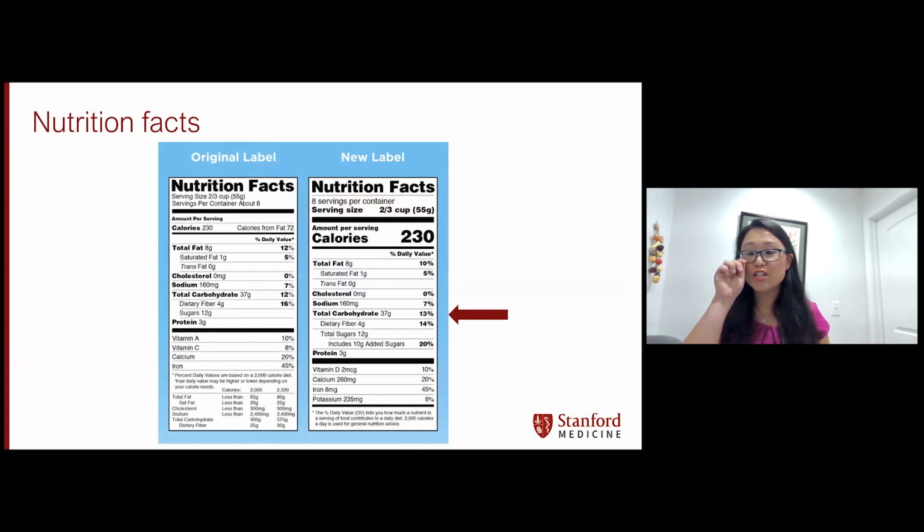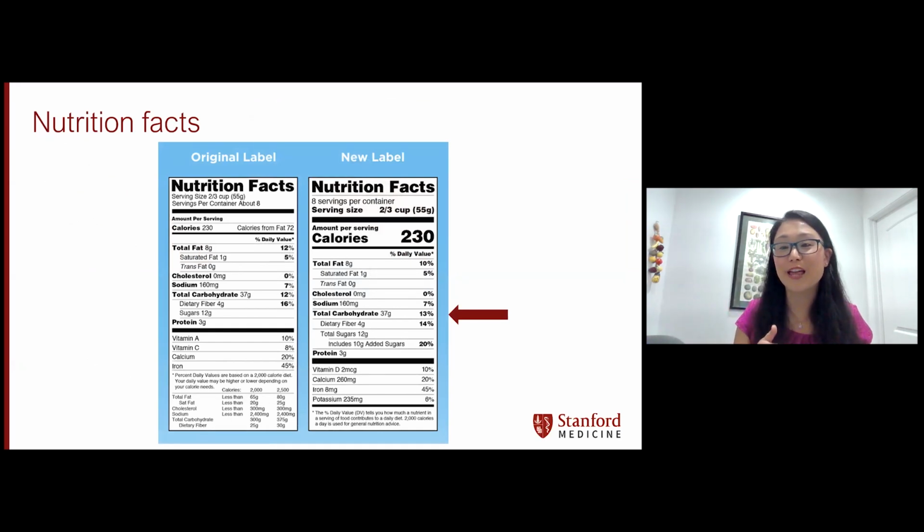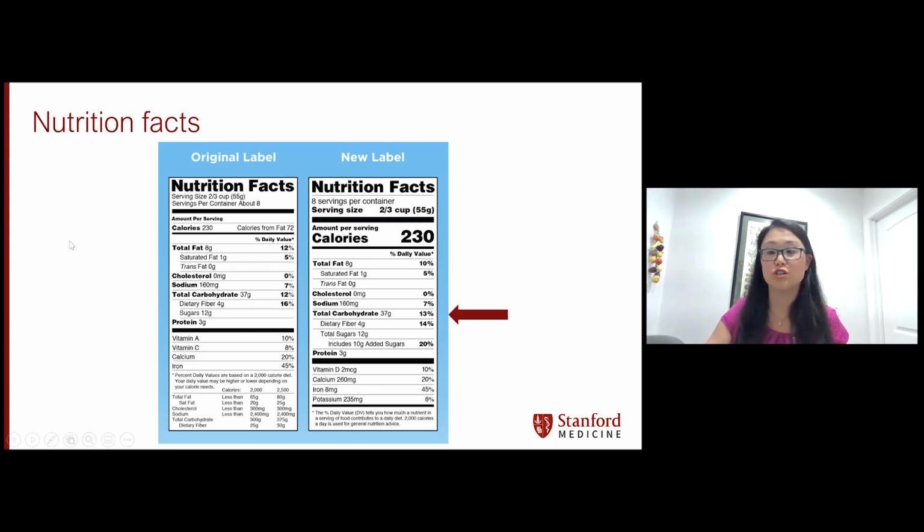Also thinking about nutrition facts. We had an original label, and all of them, in 2022, should now be converted to this new label that we're looking at. But the really big thing that we want to think about is total carbohydrates. We want to look at, of course, serving size to know what the portion is for the grams of carb, but we definitely want to look at total carbohydrates on the nutrition facts.